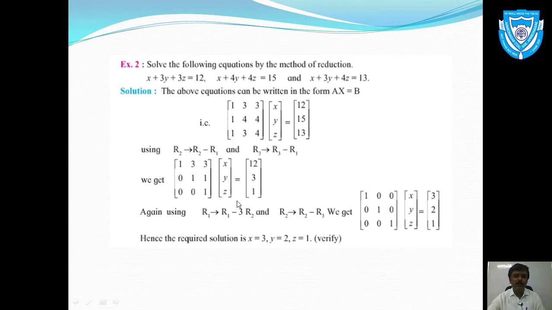थर्ड इक्वेशन में हमें z का जो वैल्यू मिला है ना, वो हम लोग सेकेंड इक्वेशन में पुट करेंगे to get the value of y. Once we get y, we'll put the values of y and z in the first equation so as to get the value of x. And after performing these calculations, you can observe that definitely we are going to get the values of x, y, z as x equals 3, y equals 2 and z equals 1. I'll suggest you to verify whether these 3 values are correct or not at home. Okay, now this was all about the method of reduction.